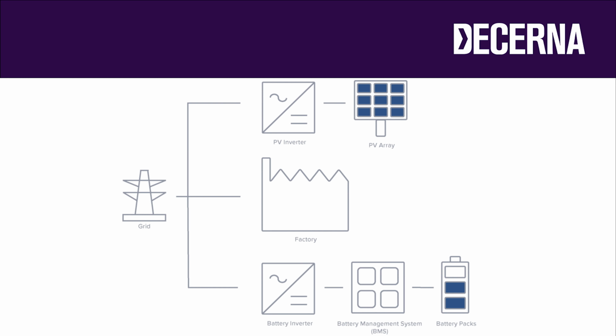AC and DC coupled systems. When battery systems are combined with solar PV, you can have the two separate systems kept completely separate. That would be known as an AC coupled system. The power from the solar PV system is first converted to AC, and that's used to charge the battery through